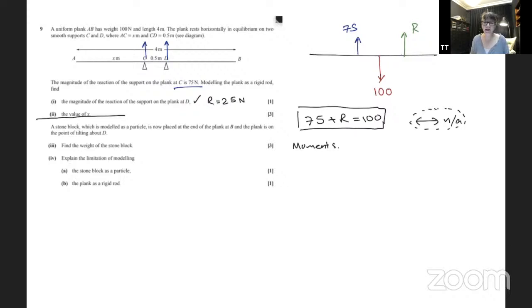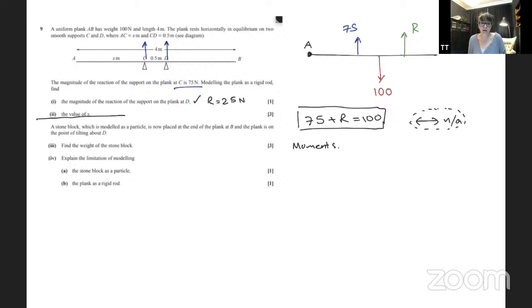Next, find the value of x. Okay, now distances come into play. It's the moments that I'm going to need, not up is down and left is right. So let's carry on and do our moments. Where would you like to do moments about? Let's do moments about the end,